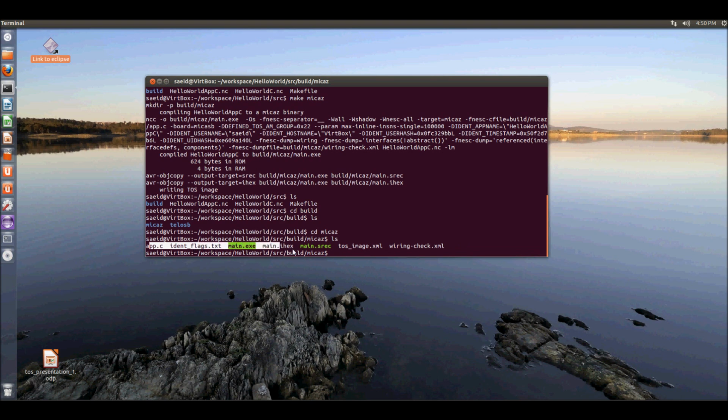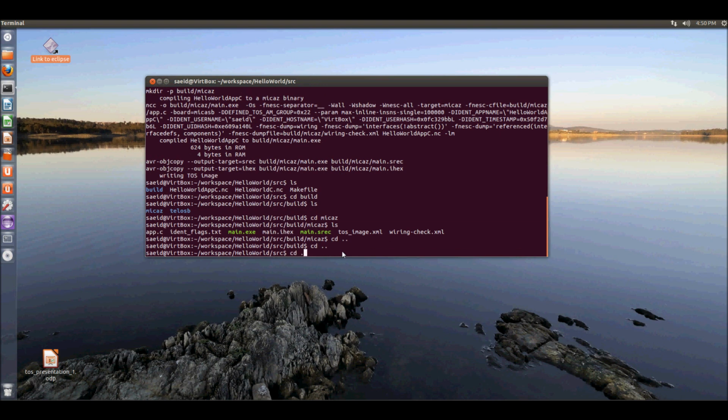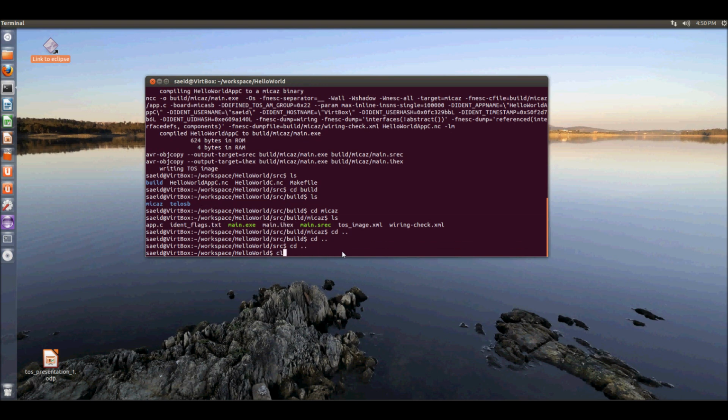Going to this folder, you can see it's a little bit different because the MicaZ processor is different than TelosB, but TinyOS was kind enough to let us code for one thing and use it on multiple platforms. So I'm going to go back,